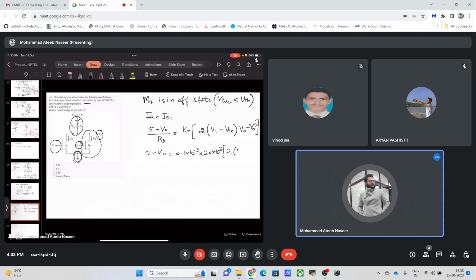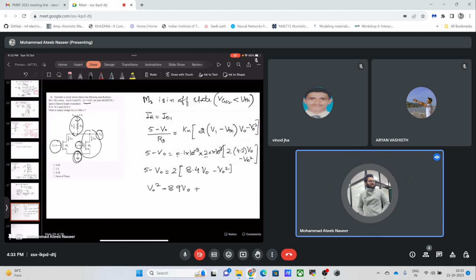Simply it is 4.2 times V0 minus V0 square, or 5 minus V0 is equal to, this will go with this, simply 2 times 8.4 times V0 minus V0 square, or it will simply be equal to V0 square, dividing everything by 2,